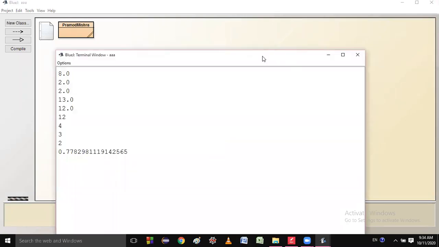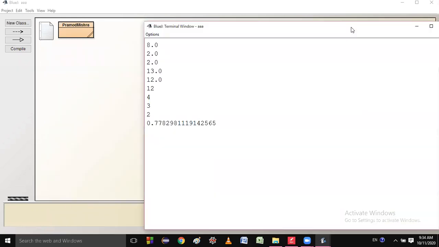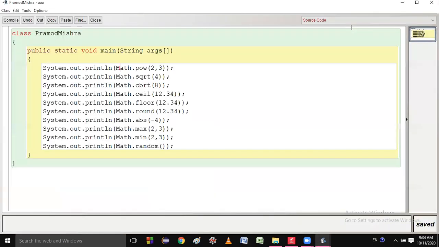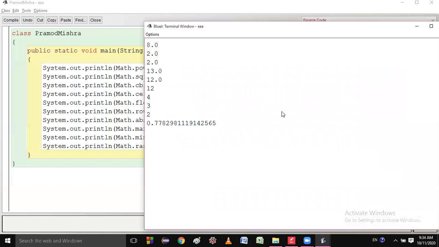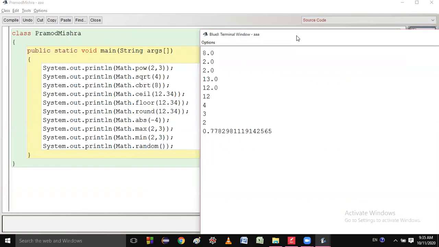Ranveer, you got the answer. Just watch the answer and relate this one. First answer, Math.pow(2, 3). You didn't get 8, you get 8.0. Why? Anybody know why you get 8.0, not 8?